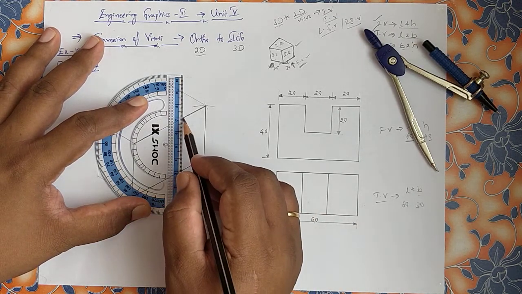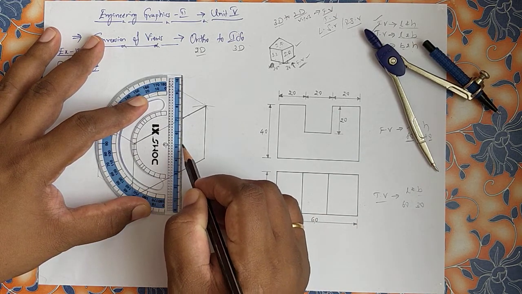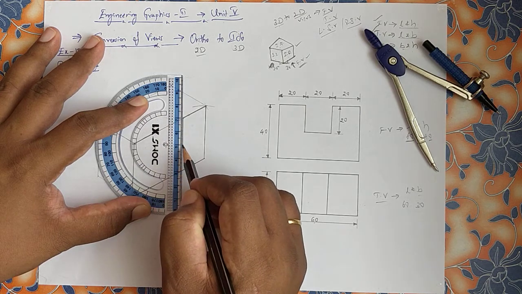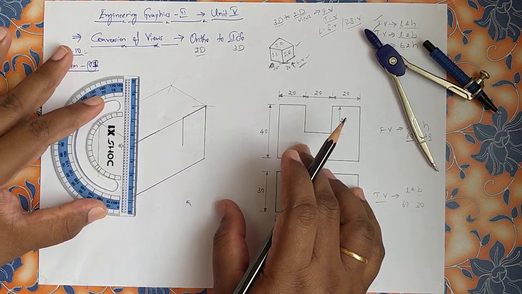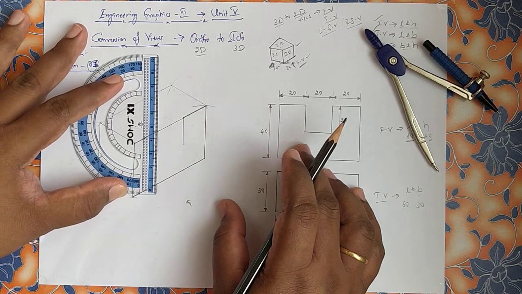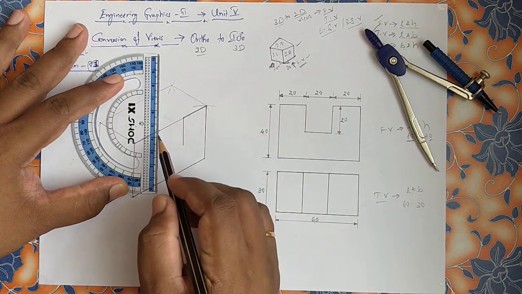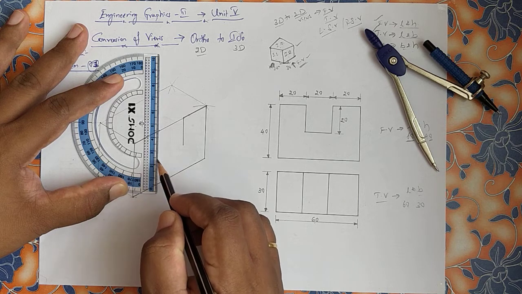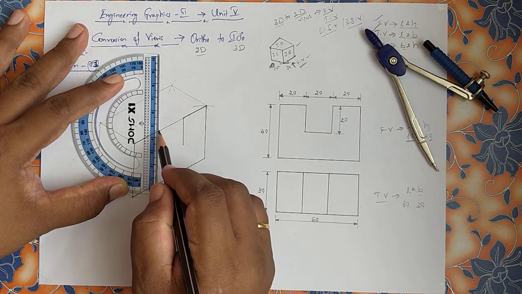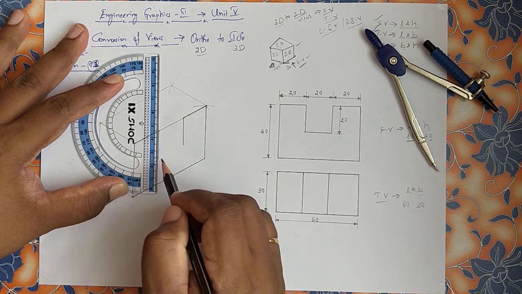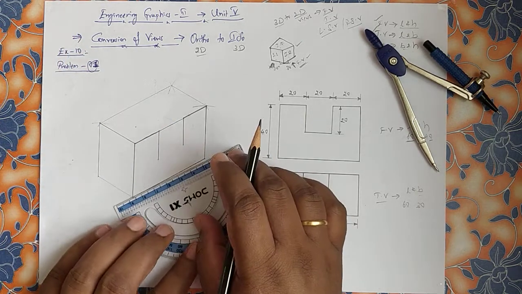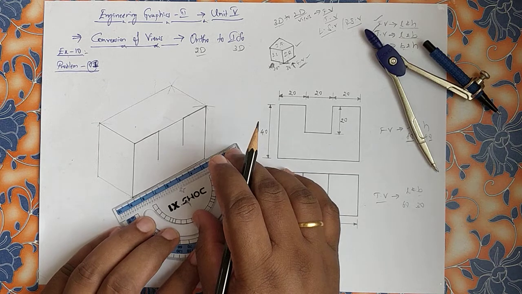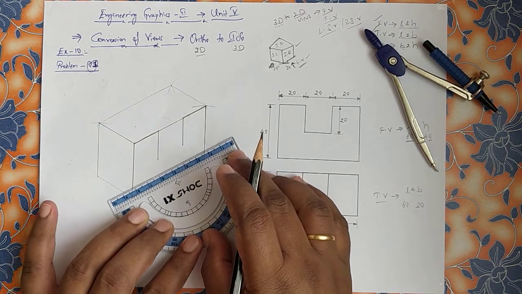Here I have to come 20 from 7, 6, 5. Here, nothing but 20 down. Same parallel line from this side. Try to slide it very slowly, such that you will get one intersection, right? From here to here 10, here to here 20. Thick line. Now from this bottom, it should be parallel. Try to align it, move it